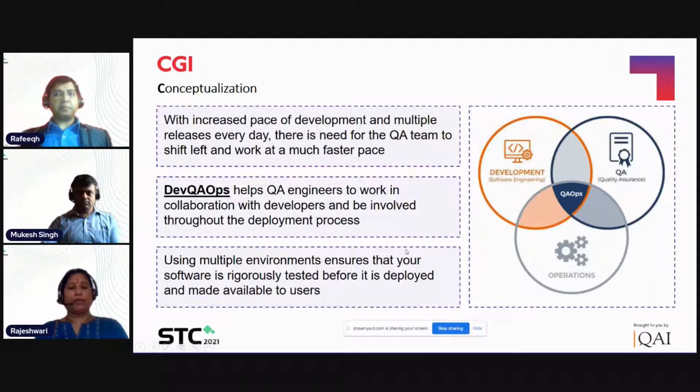One more thing we have faced here is that we have to test that particular piece of code in multiple environments. When we are waiting for the DevOps team to implement that piece of code in their respective environment, whether it is a UAT environment or a QA environment, there is a delay associated with this deployment. We have to wait for the ops team to implement that piece of code, and then we do the testing. This delay also delays the release pipeline, and so the time to market for that particular product.